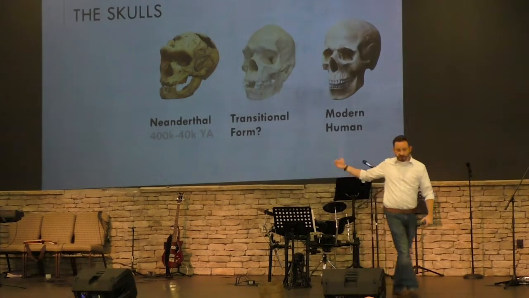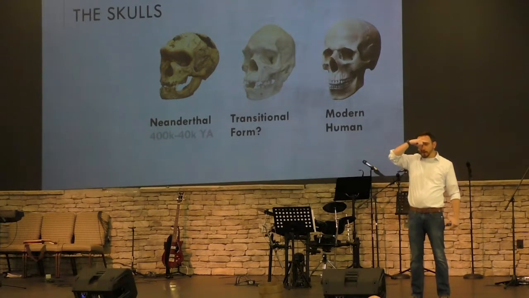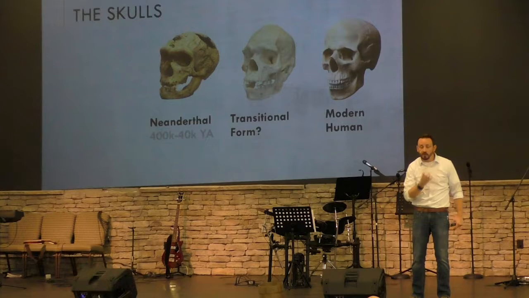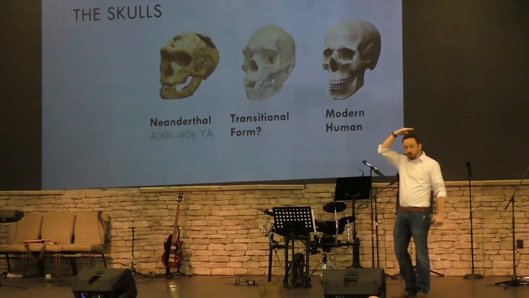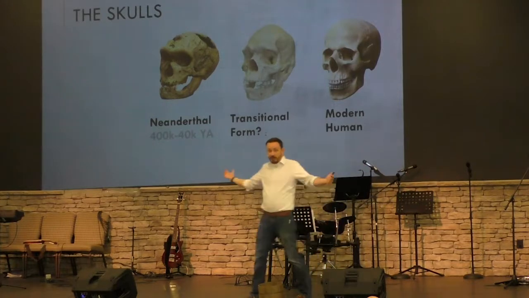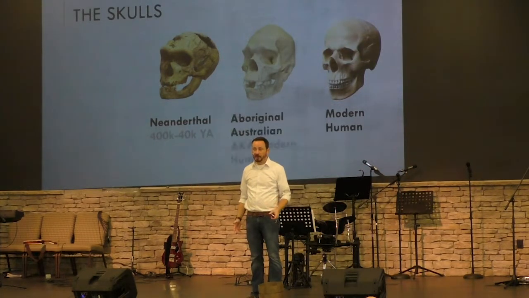In the middle, that skull has the prominent brow, like the Neanderthal. It has the jaw jutting forward, like the Neanderthal. It has more cranium space than the Neanderthal, but less than the modern human. Hey, there you go. Transition fossil, right? Nope, that's an